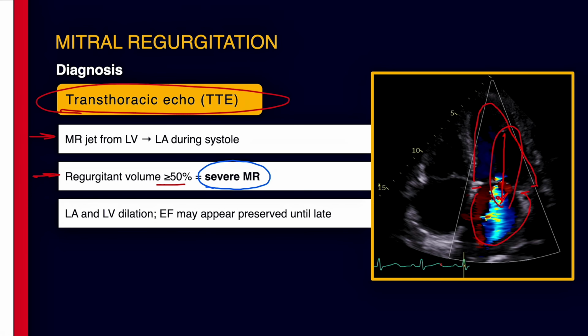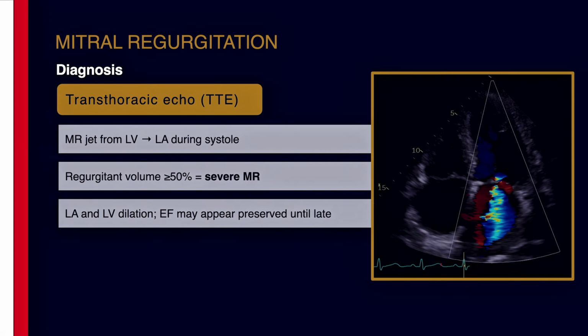You also likely see left atrial and left ventricular dilation. You can see that, especially in chronic cases after a while. Both chambers adapt over time to the increased volume. And here's an important detail. The ejection fraction may appear preserved early on, right? But don't let that fool you. You already learned that. The forward cardiac output is actually reduced, and the EF only drops later when the ventricle